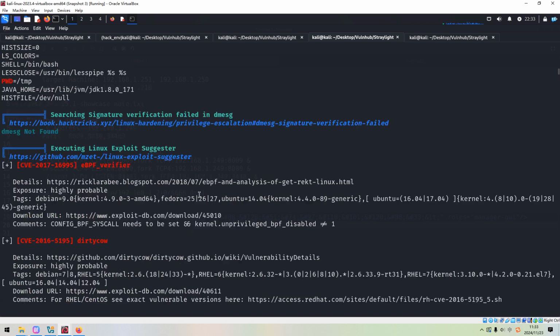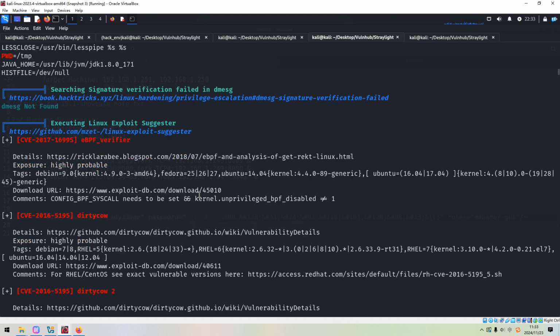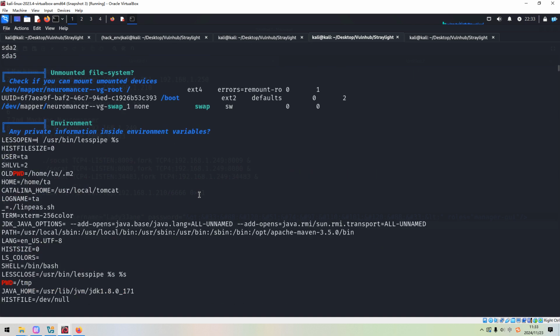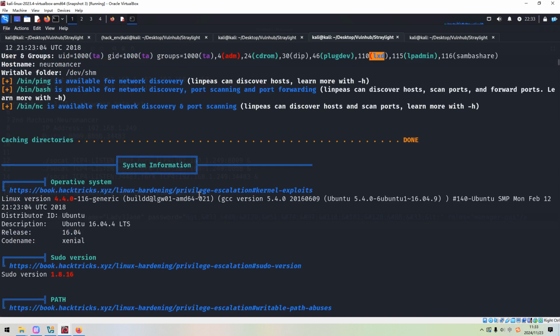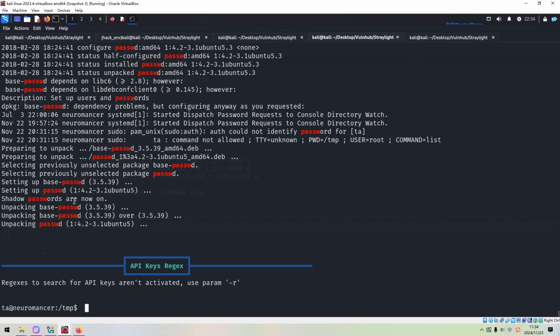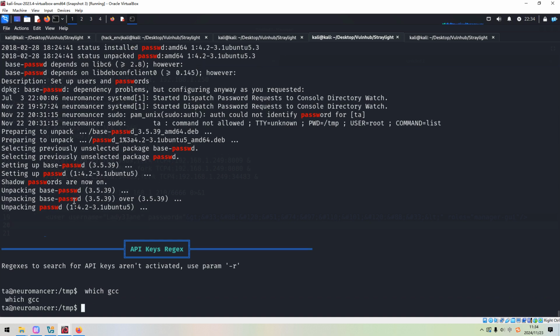However, as you know, the kernel is a bit outdated. However, the compiler is not there. So this is the problem.